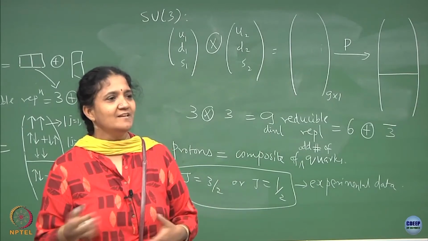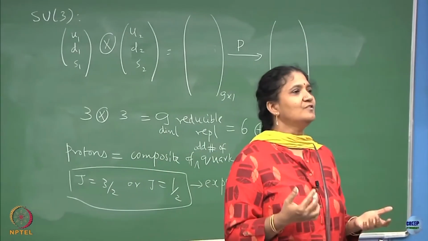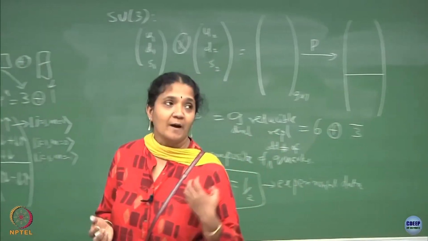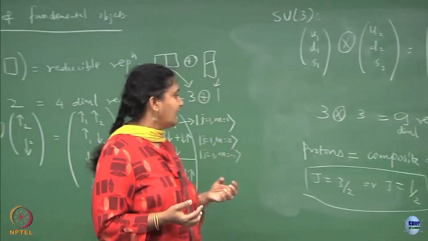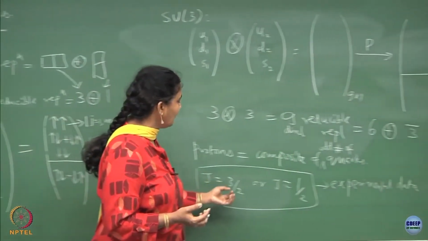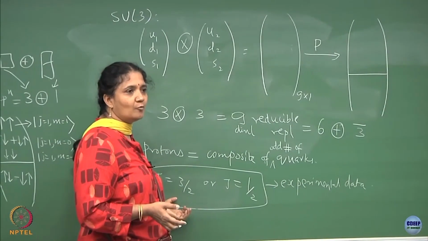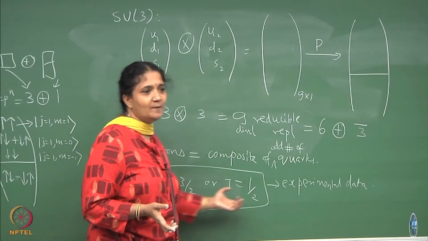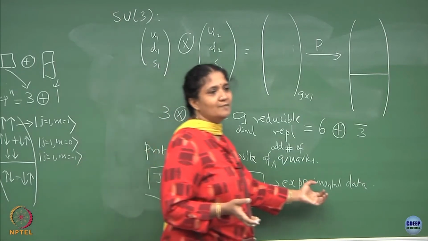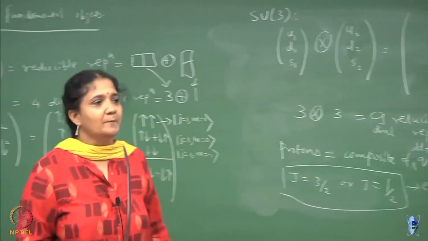That is why we do not see many books talking about other particles, but if you take a particle physics book, you see them listing so many particles. So, you do have particles other than protons or neutrons, and we can take them to be in the rest frame. So you do not need to worry about orbital angular momentum and can take them to be spin. They find that the spins are of two types: some have spin 3 by 2, some have spin half. So, that is the experimental data.